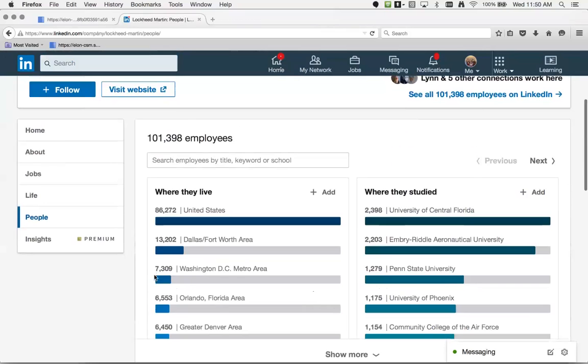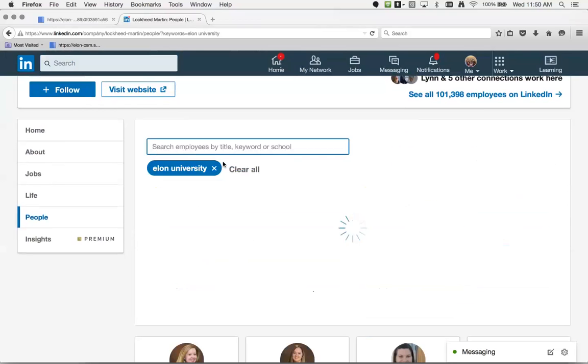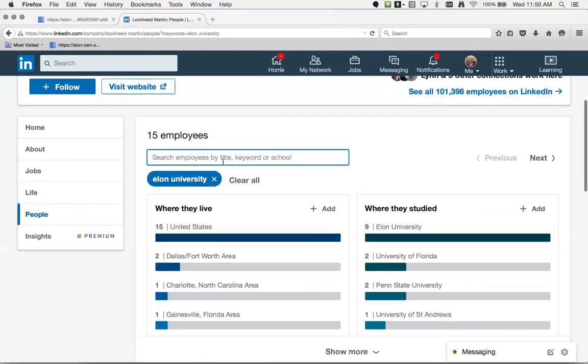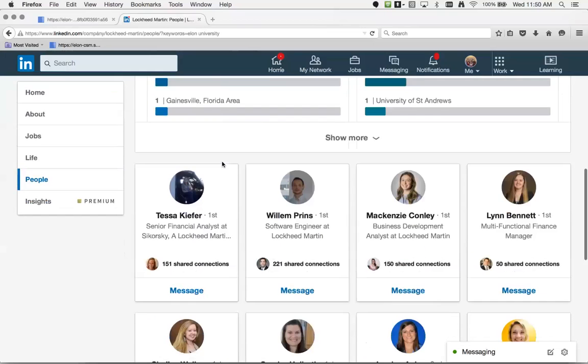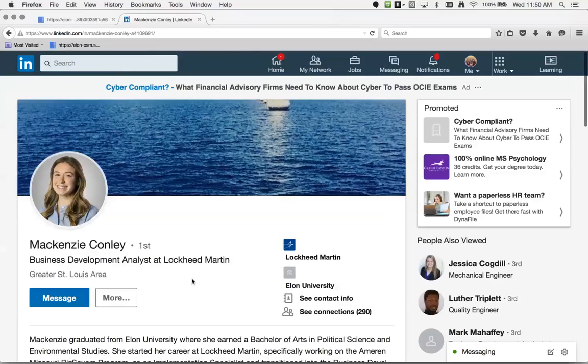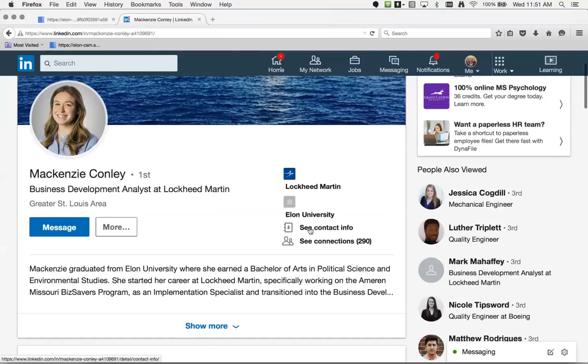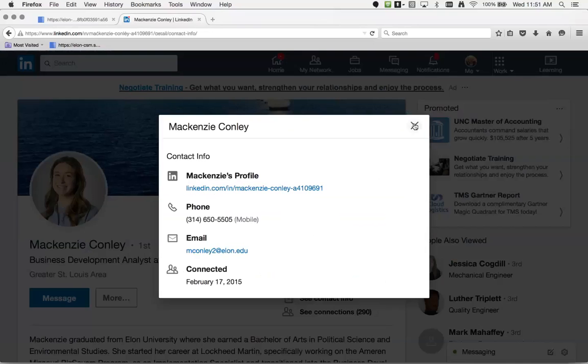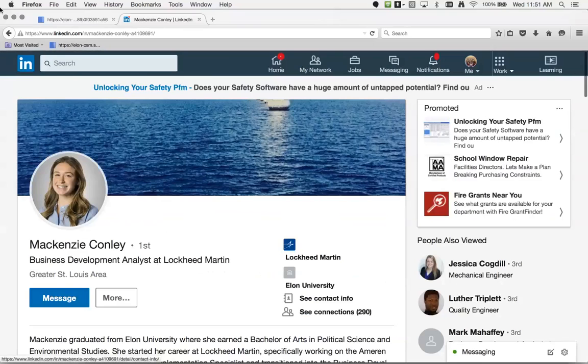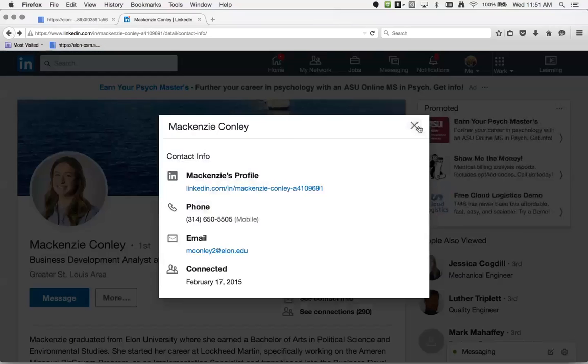Over 100,000 employees, and again, I can search by the same criteria, including where they studied. So if I wanted to come up here and type Elon, there's 15, but say that if I want to talk to Mackenzie, pull her up, she's a first degree, and that's how I can do some great initial networking. And so that's really helpful.